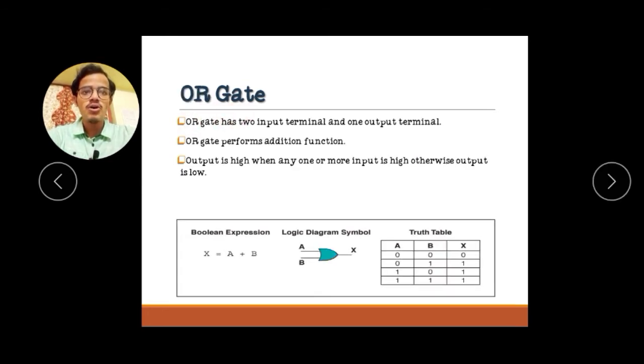Next gate is OR gate. OR gate has a 2 input terminal and 1 output terminal. OR gate performs the addition function. This is the symbol for the OR gate, and the Boolean expression for the OR gate is x is equal